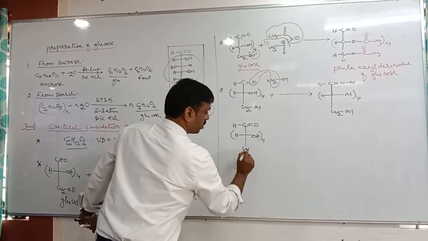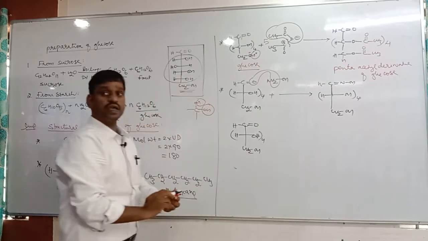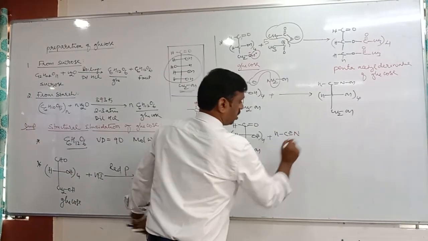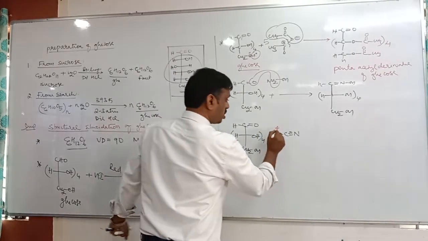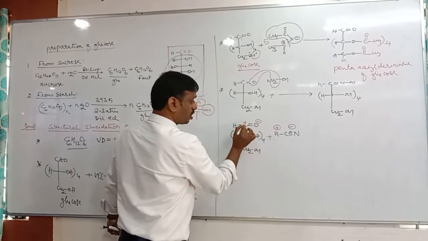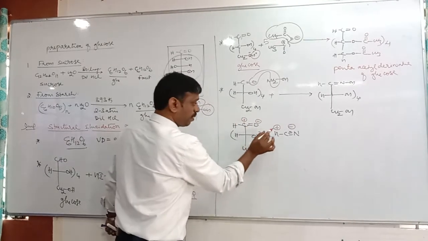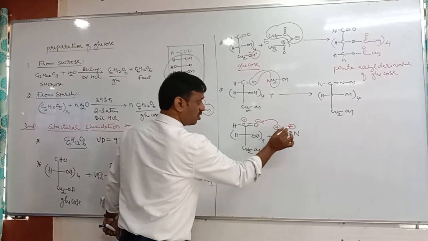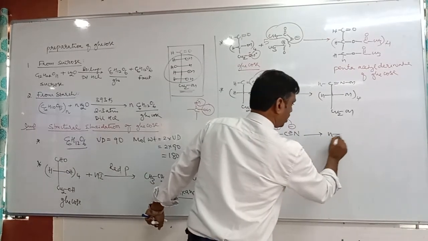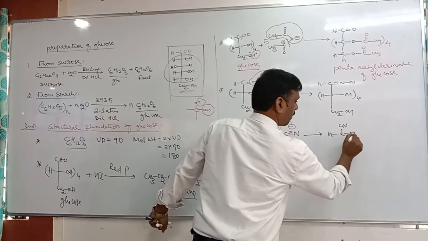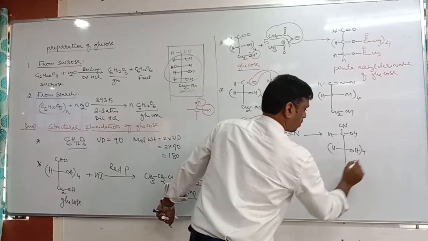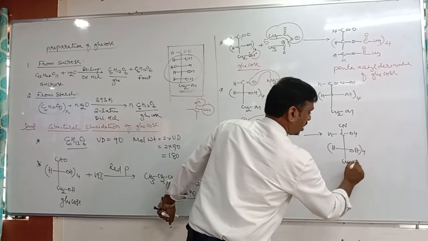And glucose also reacts with hydrogen cyanide. This is also a reaction of both aldehyde and ketone. Hydrogen cyanide, HCN. In HCN, H is positive, CN is negative. Now among oxygen and carbon, oxygen is negative, carbon is positive. Then tell me, H plus adds on oxygen, CN adds on carbon. Then what do you get? You get the cyanohydrin, right? It is the corresponding cyanohydrin.